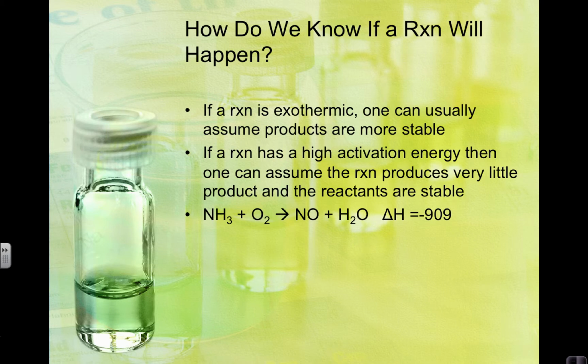So let's look at a reaction. Let's look at this one. Ammonia plus oxygen produces this and this. Well, this one is an exothermic reaction because the delta H is negative. So we can assume that NO and water are more stable than our reactants. However, if we inspect it a little bit closer, we actually see that this reaction has a high activation